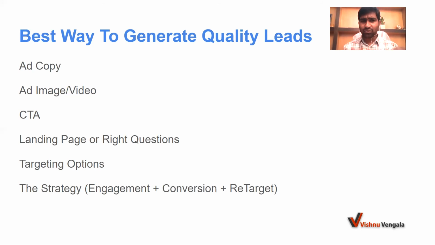So those kind of call to action, proper ad image, or if you are doing video ads, you have to come up with a very engaging video, and your ad copy has to be in an AIDA form, awareness, interest and decision making, and you have to show some social proof, or how many people have bought your project, or you have to show your trust and authenticity, and you have to write a compelling ad copy.